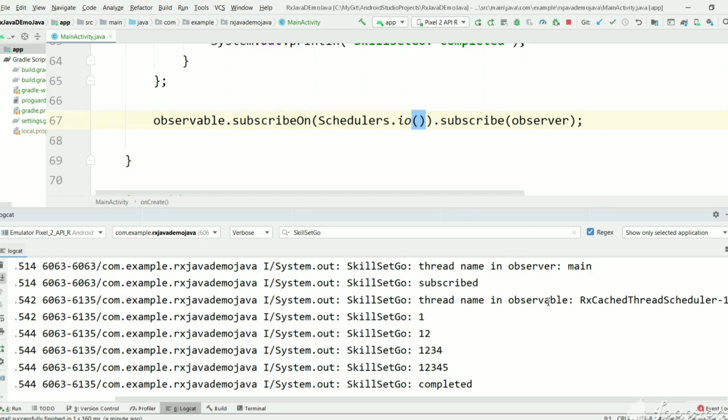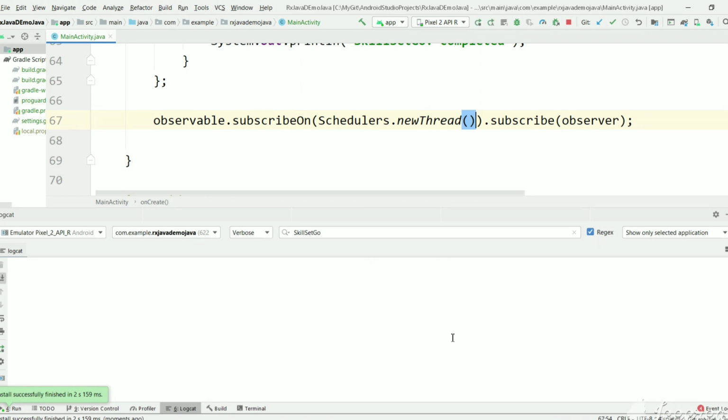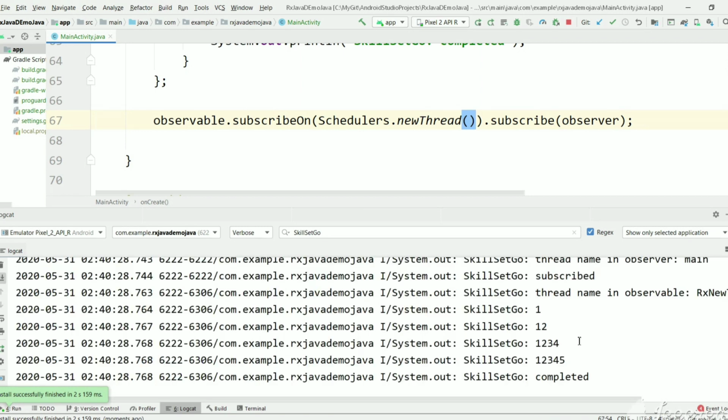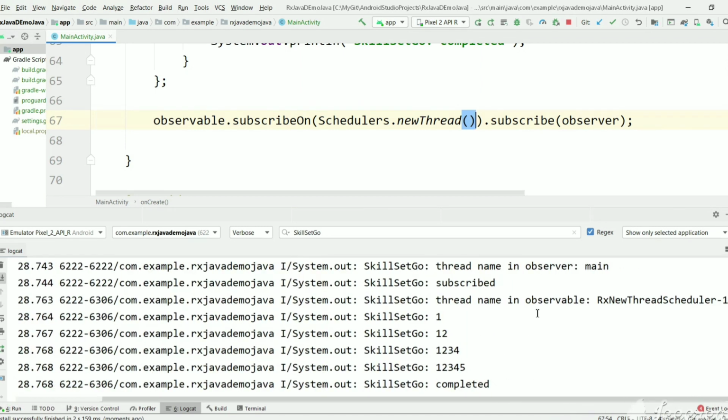Now the observable is not running on the main thread, and we can provide any thread using schedulers. Let's create a new thread and execute again. As you can see, thread name in observable is RxNewThreadScheduler-1.